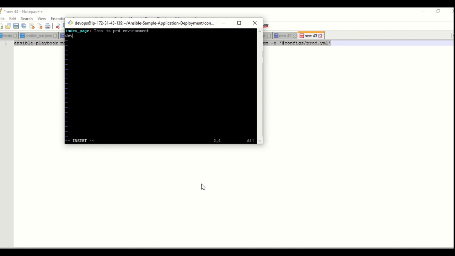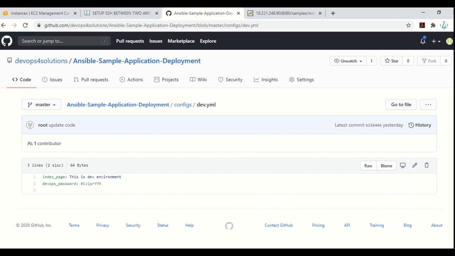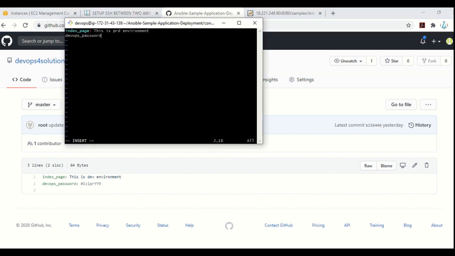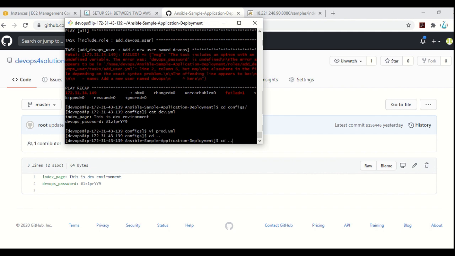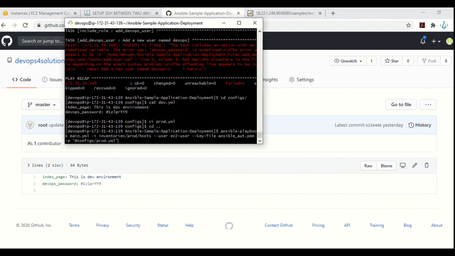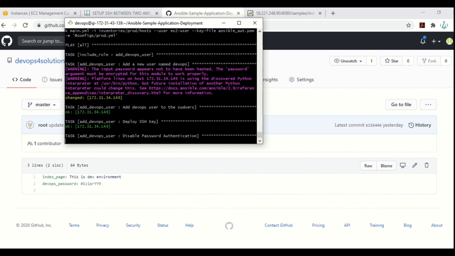So I can just put it like this, devops underscore. I need to find out exactly what the devops underscore password is. For now, I'm just putting it like this.